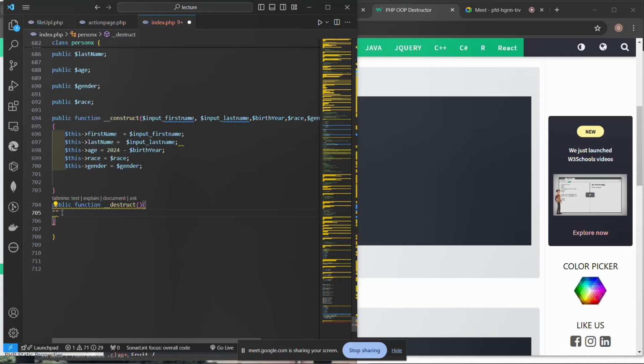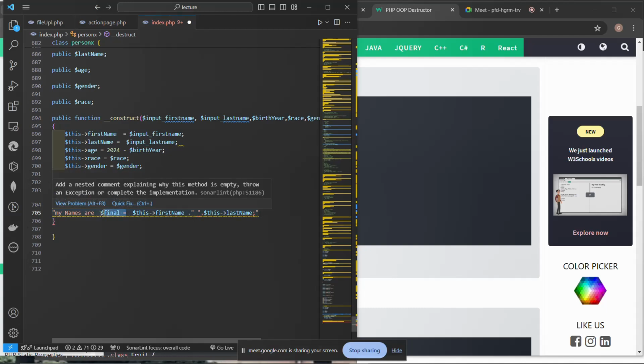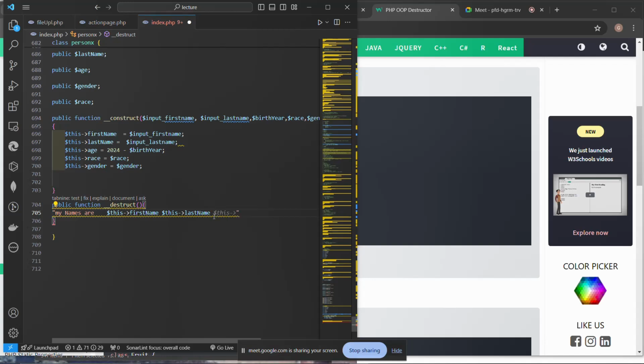I'm going to say, my names are, so paste this. I don't even need the final here anymore, so the final is gone. I don't need this also, just a space, since we're inside of the template literal. So I can write whatever. So my names are this, and